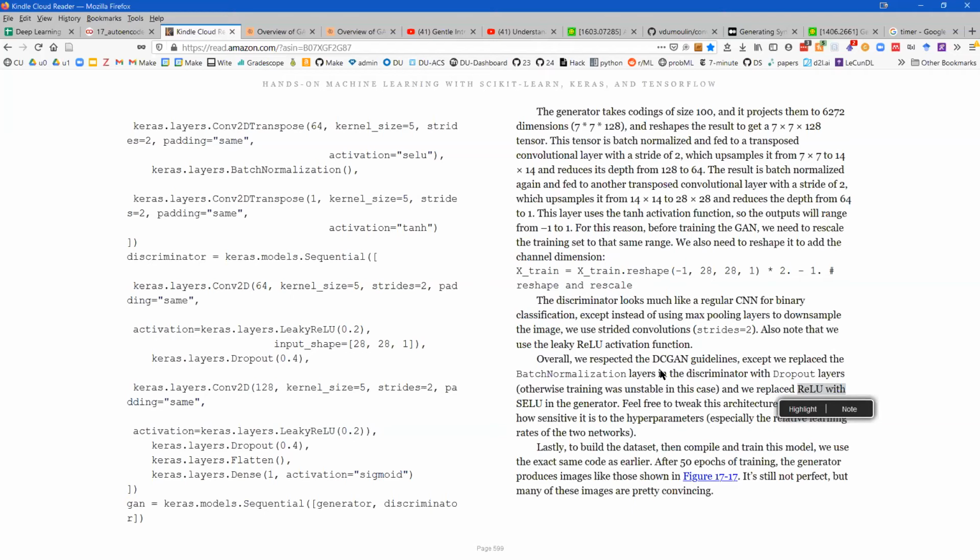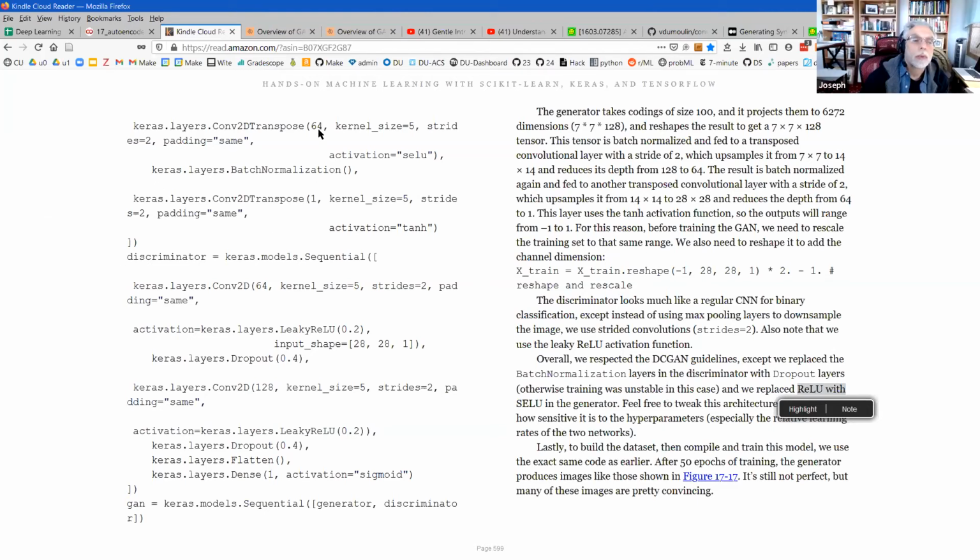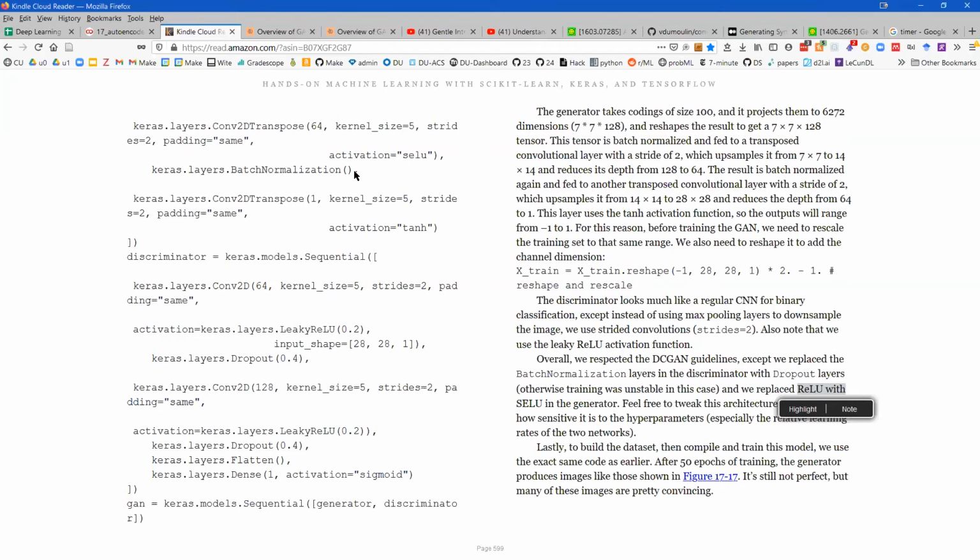I wonder if it really affected the training. Well, that's a good point. So you're thinking that if you use SELU, then you don't really need batch normalization here? Yeah, batch normalization we probably need because